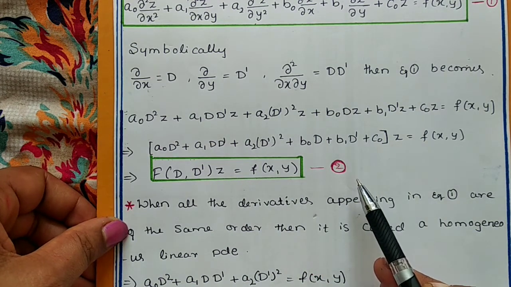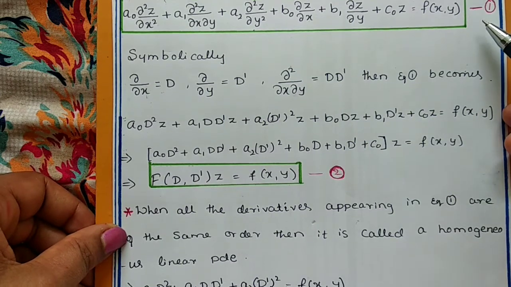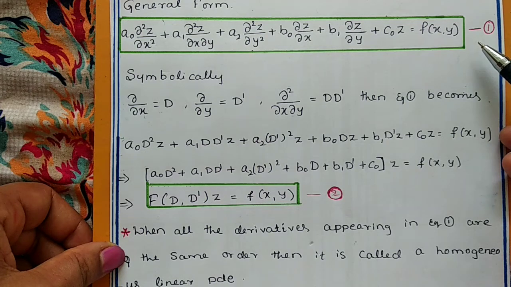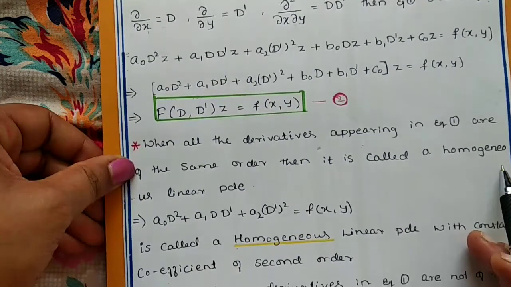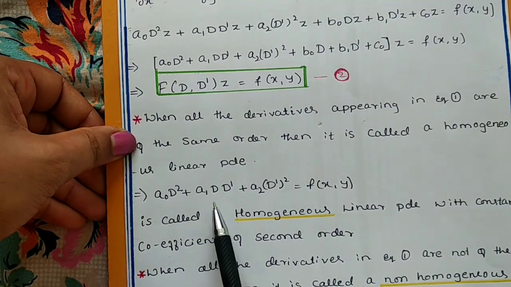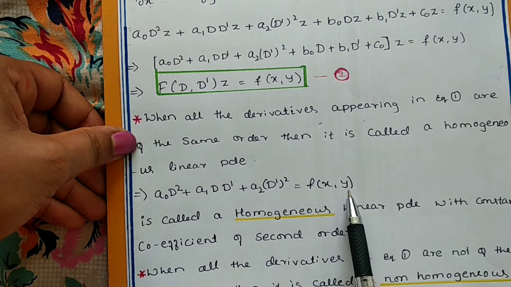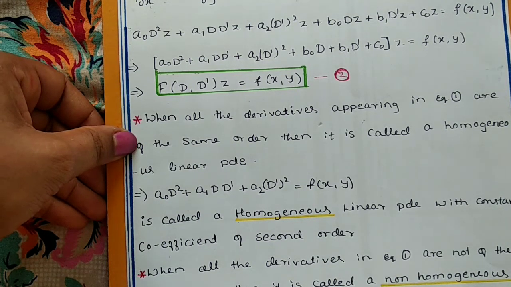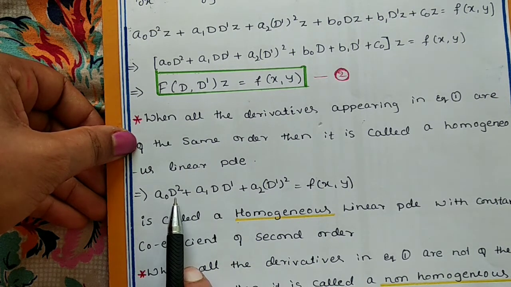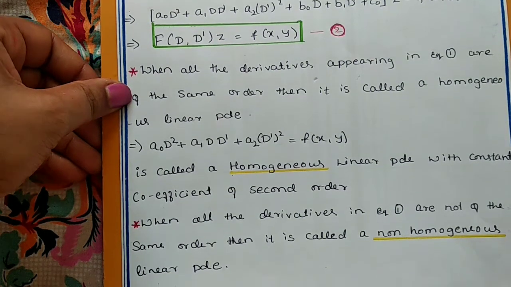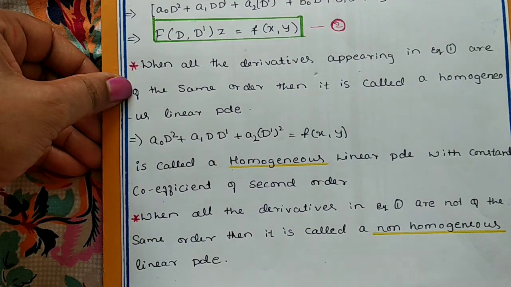When all the derivatives in equation number 1 are of the same order, then it is called a homogeneous linear PDE. That is, (A naught D² + A1 DD' + A2 D'²) z = f(x,y) is called a homogeneous linear PDE with constant coefficients of second order. That is, the order of each term is 2. Otherwise, if the derivatives in equation number 1 are not of the same order, then it is called a non-homogeneous linear